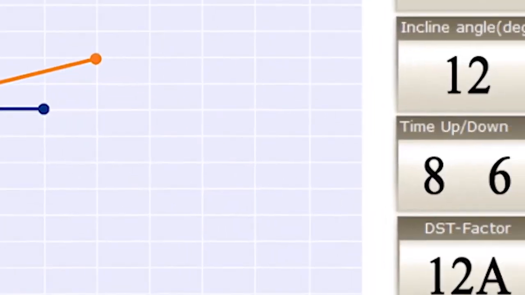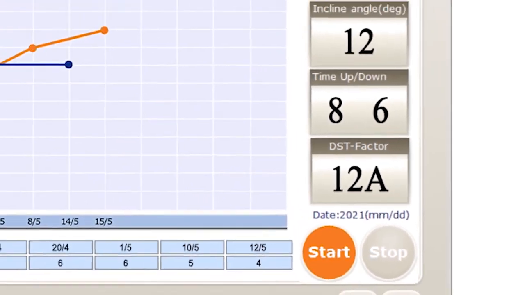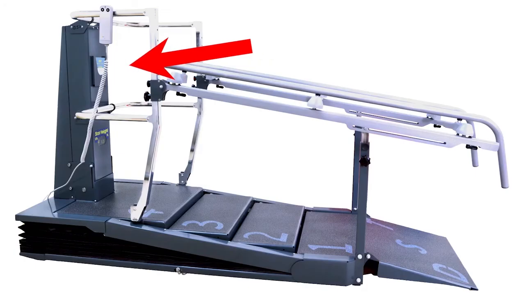After 5 sessions, the system will automatically produce the DST factor, a unique parameter summarizing the patient's current status and estimated future improvement potential. For more information on the DST factor, please see the user guide